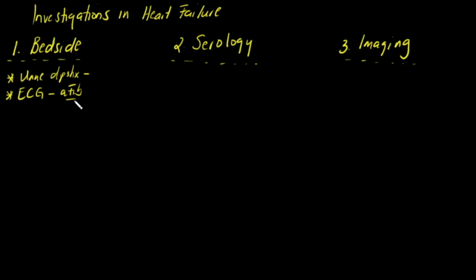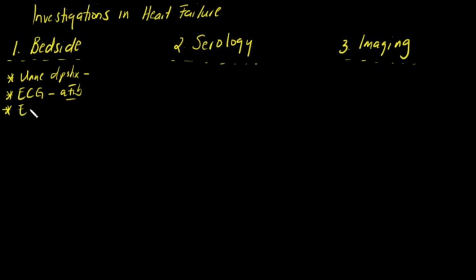Maybe the patient had a prior MI, to show you the cardiovascular risk factor. The patient can have bundle branch block. The patient can have LVH, which are still signs of prior ischemic heart disease, or things like chamber enlargement. So it's very useful to do an ECG, especially if the patient is presenting with an acute MI. Remember, acute MI can precipitate heart failure, so it's important to rule out all of them.